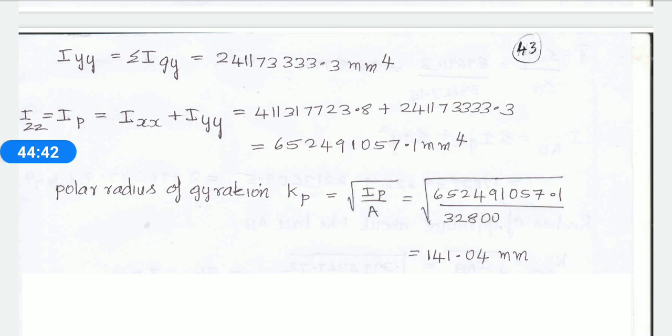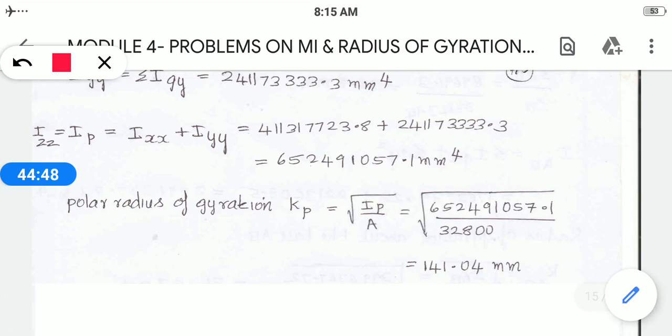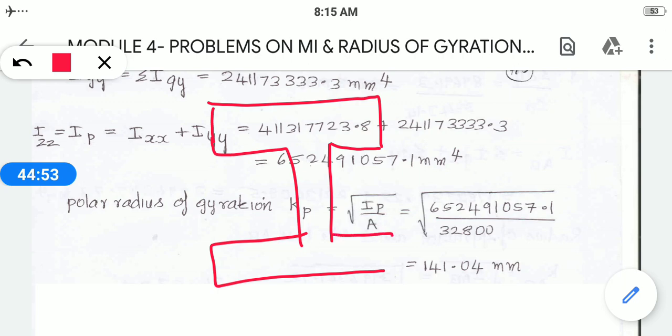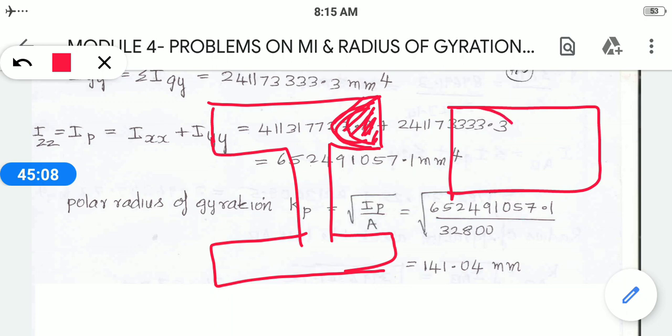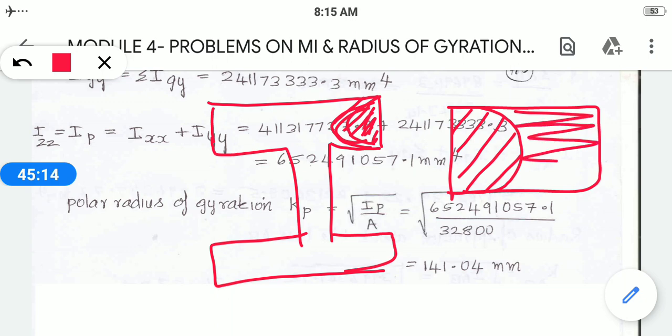The other method, which we are going to see in the next class: till now the structures didn't have a reduction part. All the structures had the whole components, but in the upcoming sums we can see a structure that has a reduction part, that is, this part has to be minus. What we have to do in that method is the same as the centroidal method: we consider the whole component and put the negative sign for the other component, so that we get the structure we need to find. Same like your centroidal, we are going to do it for the radius of gyration also.